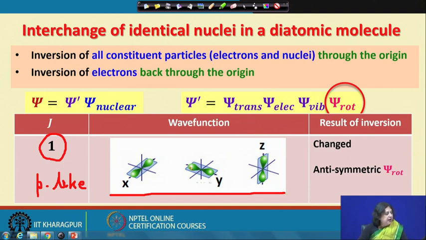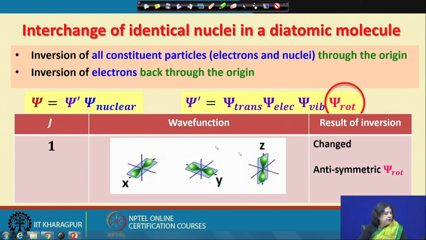There are 3 solutions, and if I carry out an inversion through the origin, which is here at the nodal points of the p orbitals, I know that the wave function changes sign as it goes from x to minus x, or plus y to minus y, or plus z to minus z, and therefore, for j equal to 1, the wave function shows a change in the way it is projected across the center,